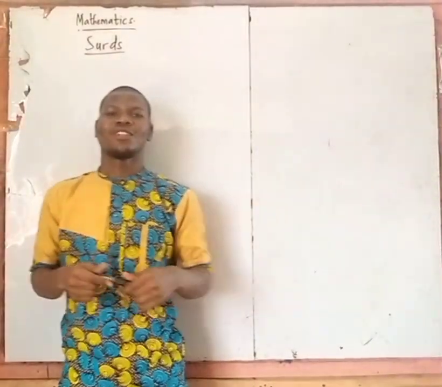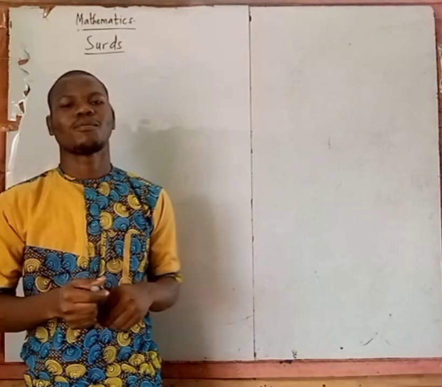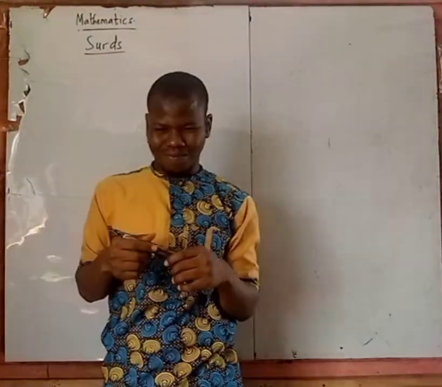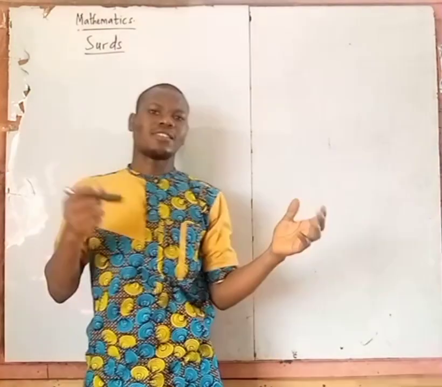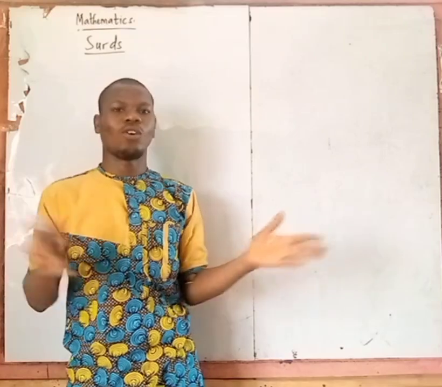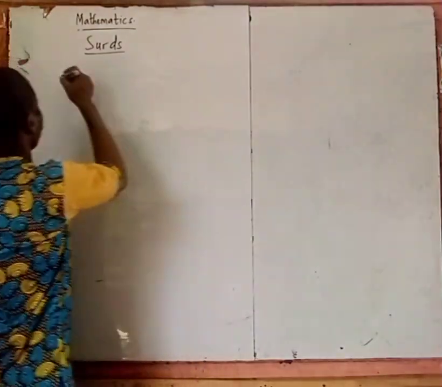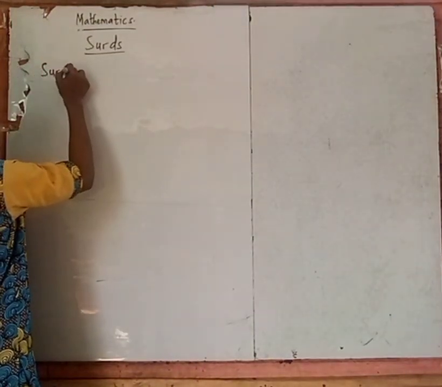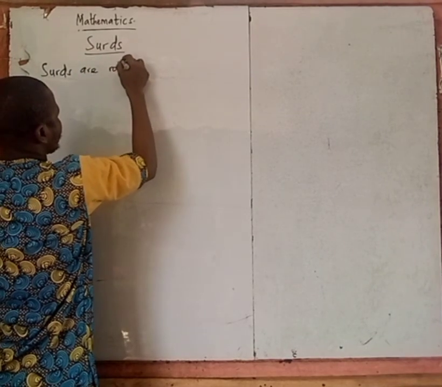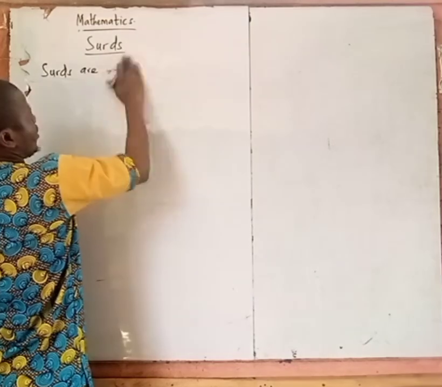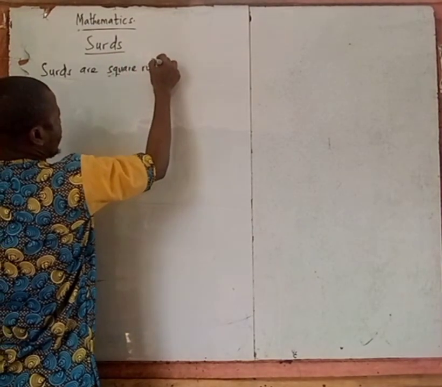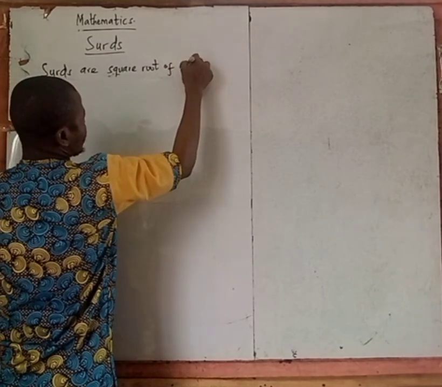Hi everyone. So in today's class, we'll be looking at surds. So what are surds? Surds are square roots of numbers that cannot be written as a whole number or as a rational number. So, say surds. Surds are roots or square roots. Let me just say square roots of numbers